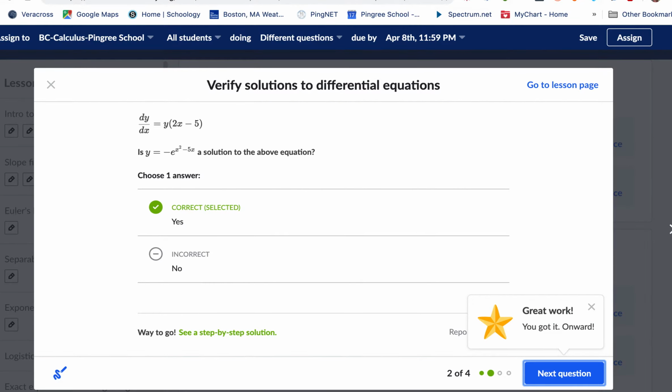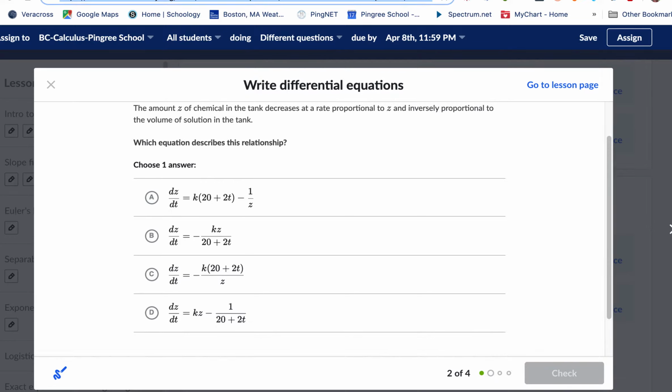All right. The next one is writing a differential equation. Okay, so they'll describe in words some relationship. This can be quite tricky. I'll go through this here. It says the amount Z of chemical in a tank, so like salt has dissolved in water or something like that, and it's decreasing at a rate that's proportional to Z. So the more salt there is, the more quickly it decreases, and inversely proportional to the volume of the solution